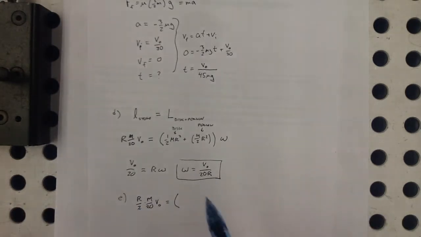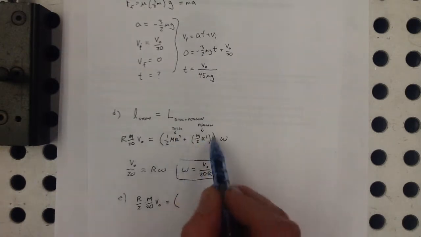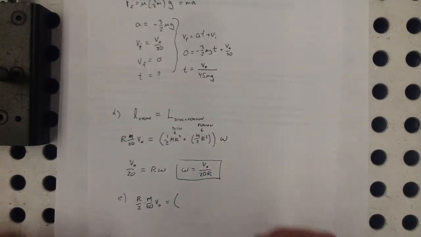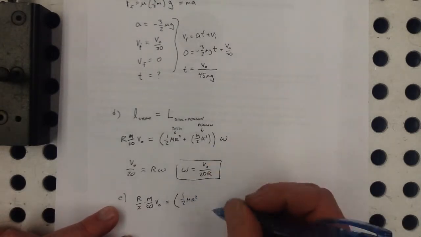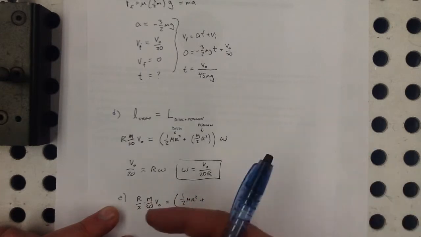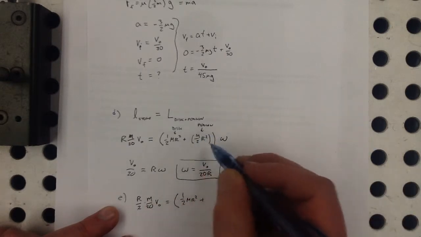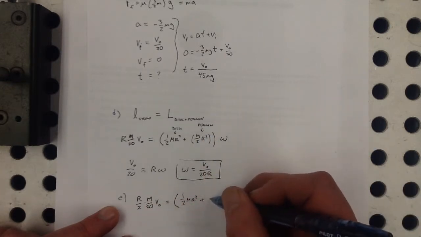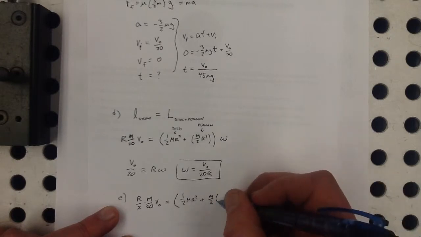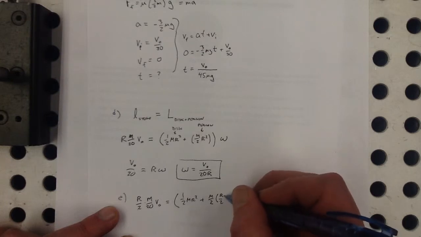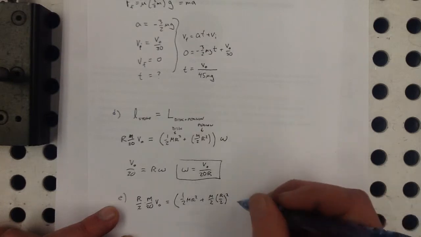I think it's not totally obvious, because this is also going to change, right? So the disk still has 1/2 mr squared, but the person is now further in, so their I is smaller. They're still m over 2 mass, but they're now at r over 2, so when we add them as a particle,